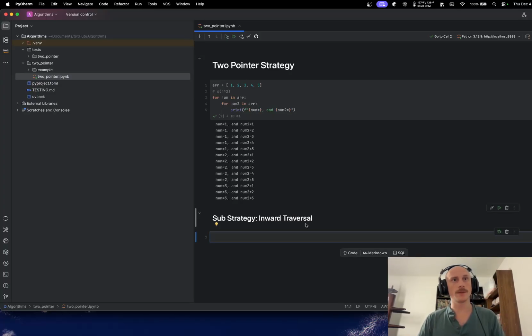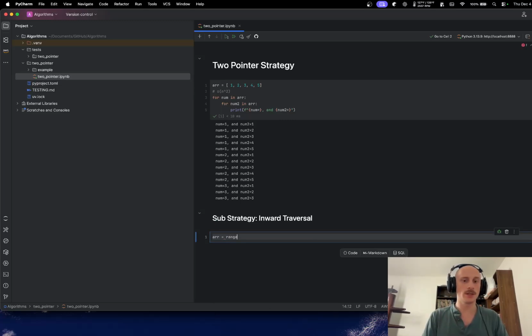Okay, so like we said before, it is the aspect of 2 pointers moving closer together. So let us create a new list. We're going to have an array equal to, and let's do it the way that they had it before,